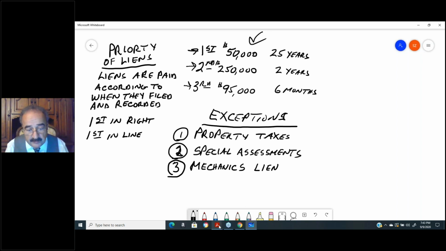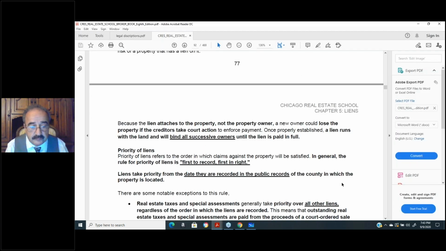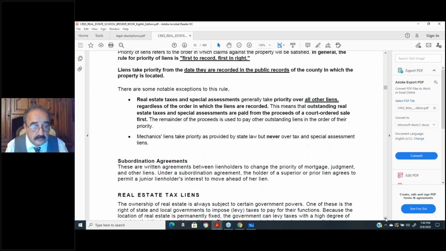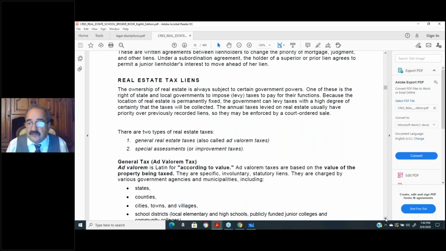Okay, I'll get back to my text. Real estate tax liens. I like you to highlight, put an X by that. So anyone that owns property in this country, not everyone, but most people, we have property taxes that you have to pay. The taxes run our government, our schools, our police, our fire, our park district, streets and sanitation.